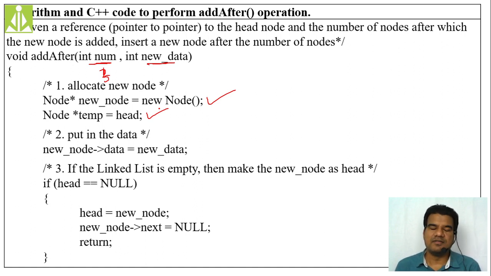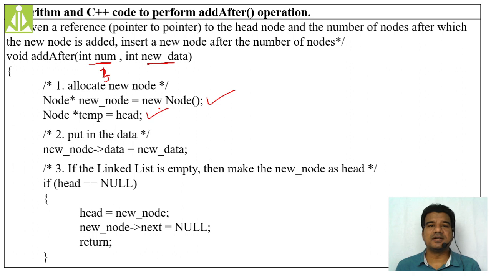Isn't it? Because we have to assign the head pointer to the newly created node. So indirectly what we are doing, we are changing the head pointer. But over here we should not change the head pointer, because if you change the head pointer, what will happen? You will lose the connectivity to your singly linked list, because the head pointer is the reference to your singly linked list. If you change that head pointer, ultimately you will lose the connectivity to your singly linked list. So don't change the head pointer unless it is required.